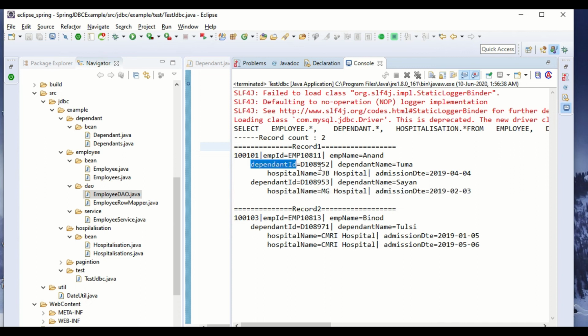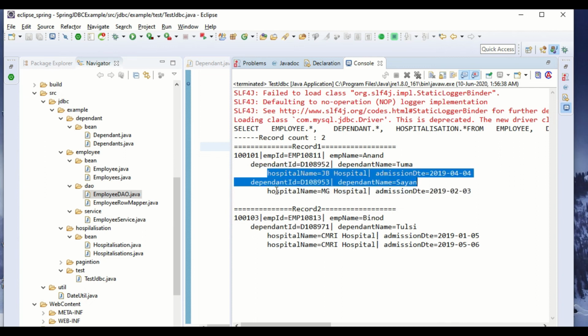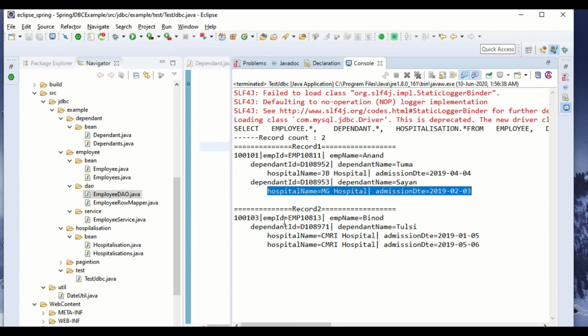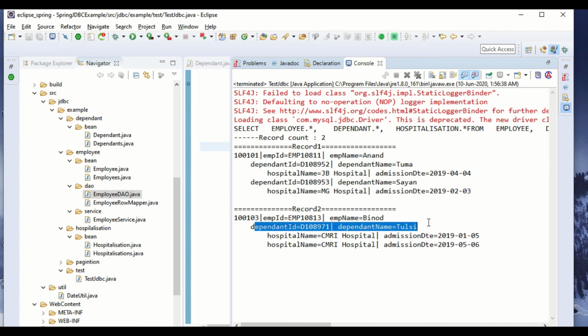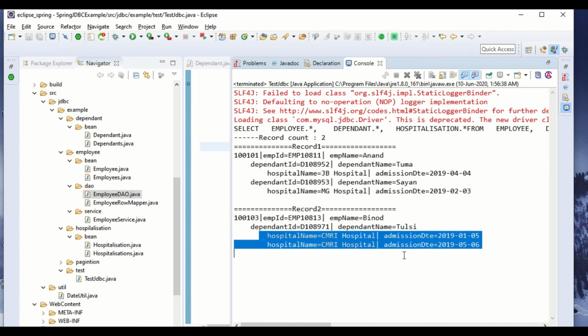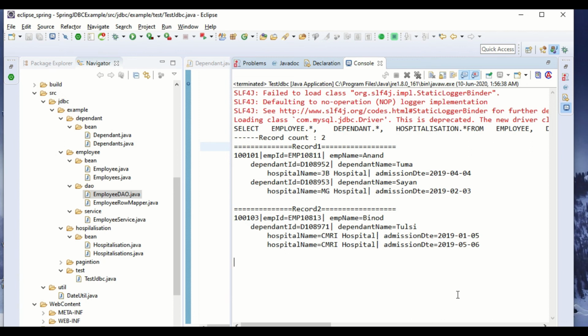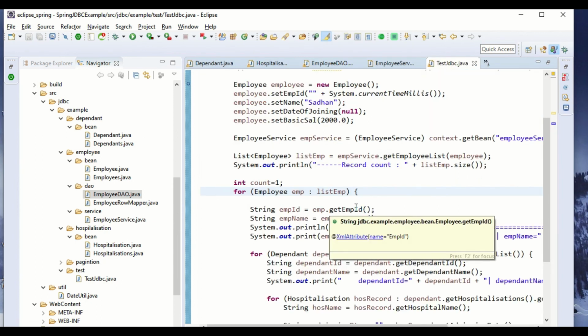It has two dependents and the hospitalization records of those dependents. We have another employee which has one dependent, and it has two hospitalization records. So that's how you can get the data from multiple tables as Java objects.